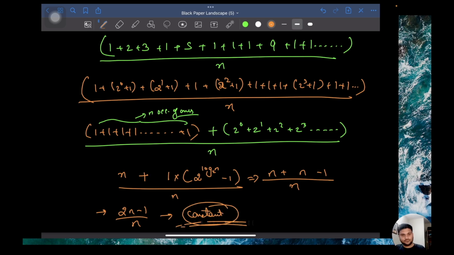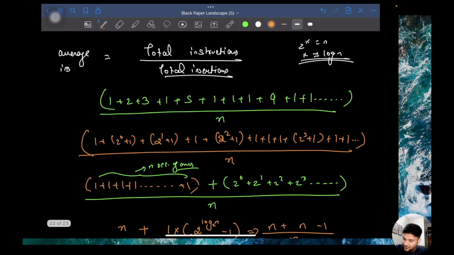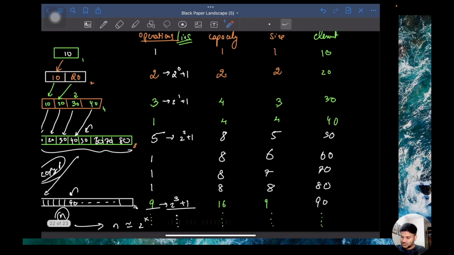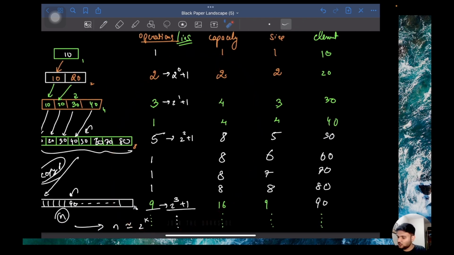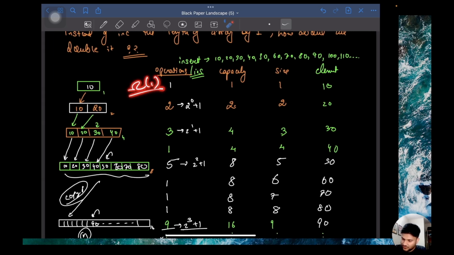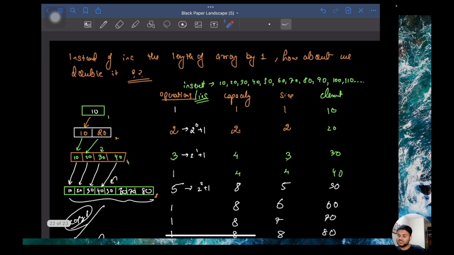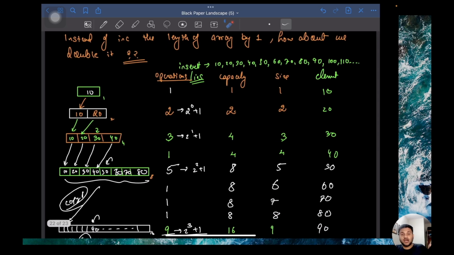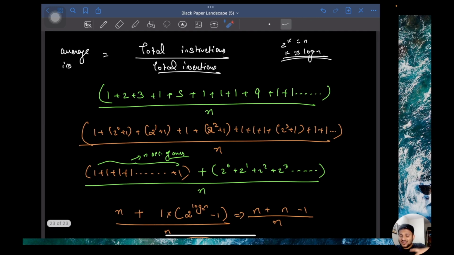Can I say that? So technically, if you individually see these operations with asymptotic analysis, you will feel like the best case is omega of 1, the worst case is order of n, right? And on an average also it works for order of n, because these are very expensive operations. But if you see it with respect to amortized analysis, where we actually saw the total instructions divided by total insertions, that we actually calculated the mathematical average, then on an average,